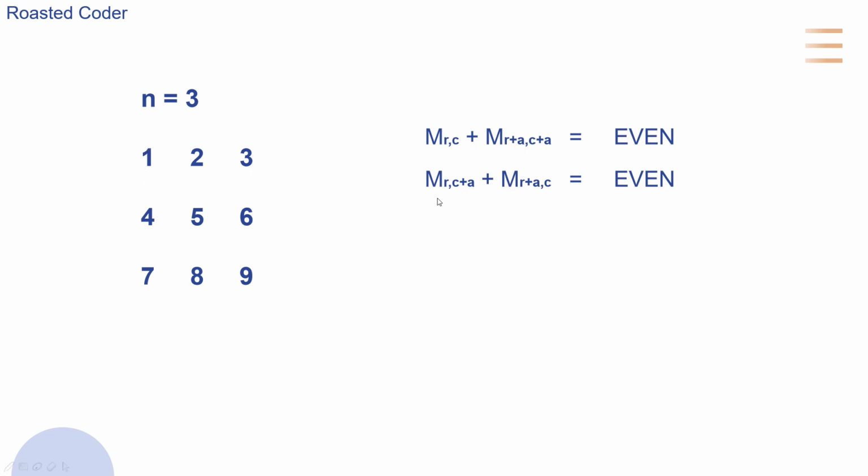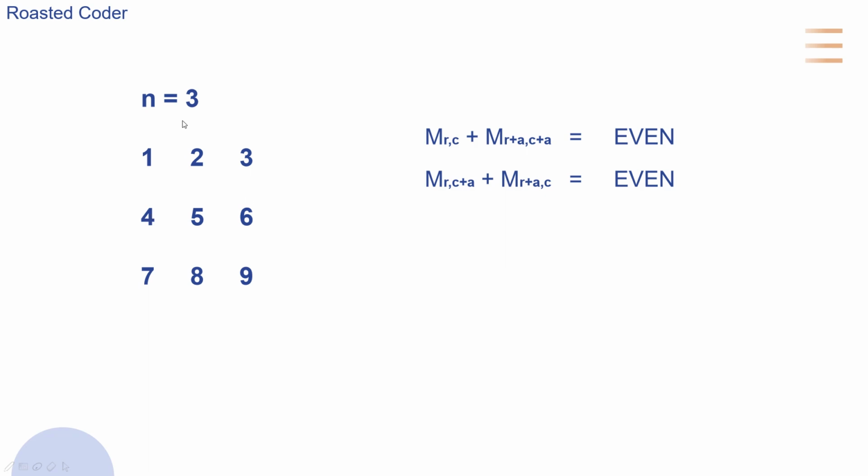This means that if we take a square submatrix, then the sum of its diagonal points should be even. If we take this whole square matrix, then one diagonal has 1 and 9 and its sum is even, and the other diagonal has 3 and 7, that is 10, which is already even. If we take a square matrix of size 1 cross 1, then 1 plus 1 is even, and again 1 plus 1 is even. Now let's take any other square matrix, that is 5 plus 1 is even and 2 plus 4 is even.